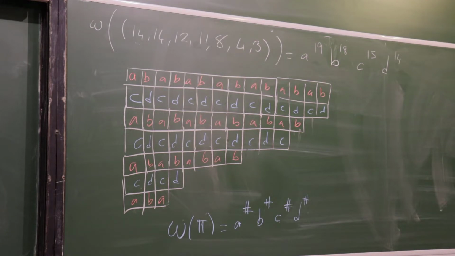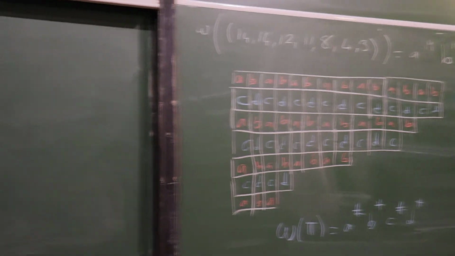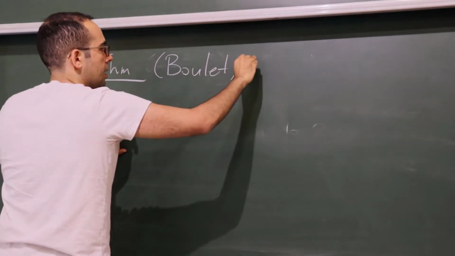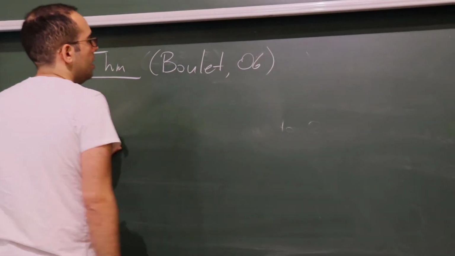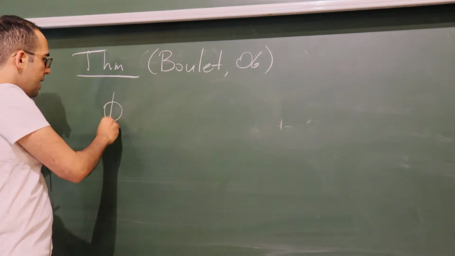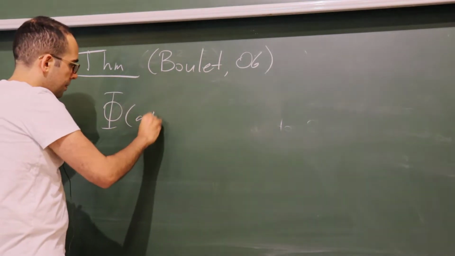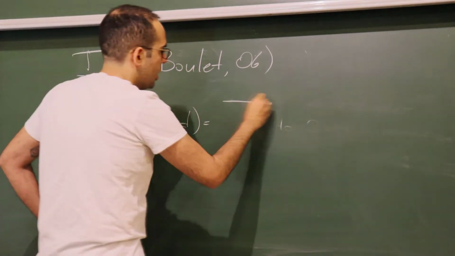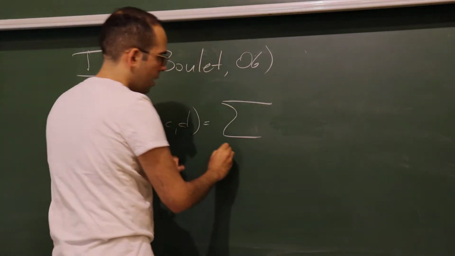Good. So, Theorem, Boulet, and it is 06. The first one is P of A, B, C, D. And this is the generating function for